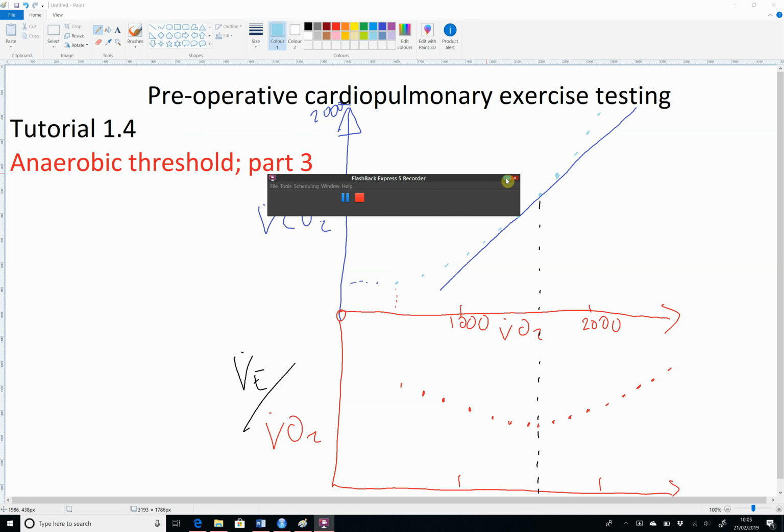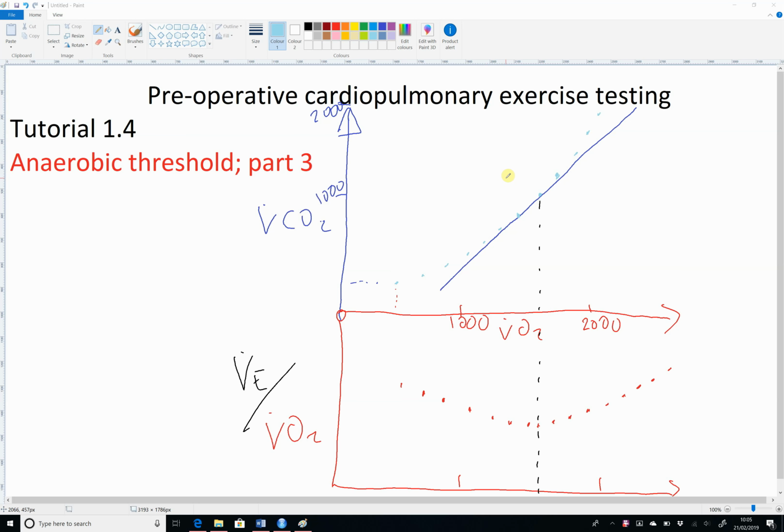Hello, welcome to this tutorial 1.4, the fourth in a series of tutorials on preoperative cardiopulmonary exercise testing. In tutorial 1.4, we will be consolidating the understanding of identifying the anaerobic threshold, and you'll see I've already drawn the two graphs I left you with at the end of tutorial 1.3. This tutorial and the ones preceding relate to normal responses, and the next couple of tutorials will also be relating